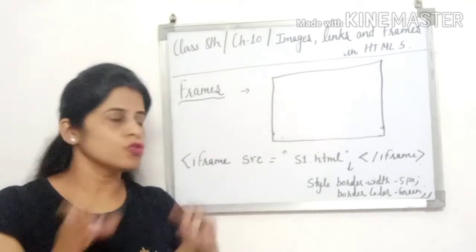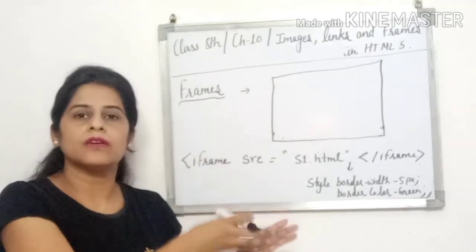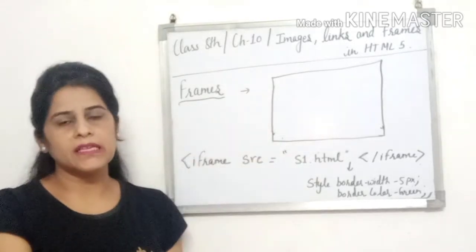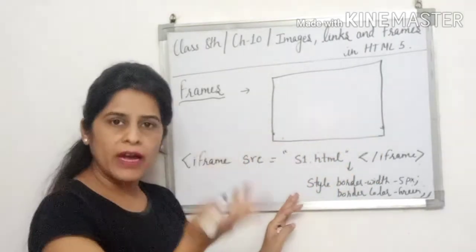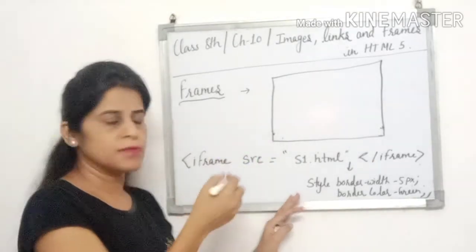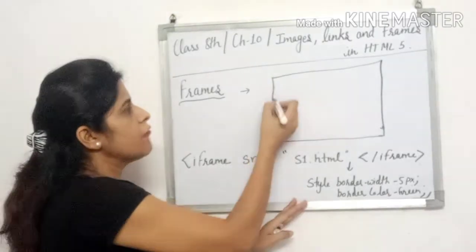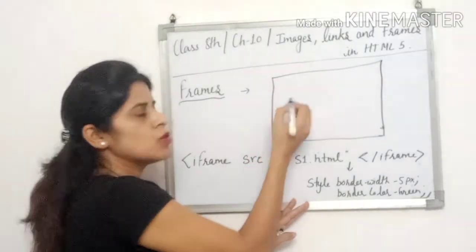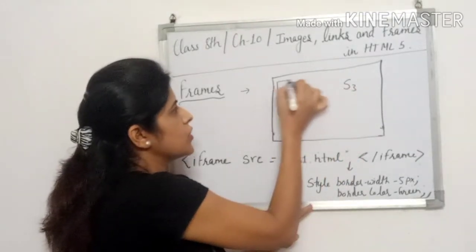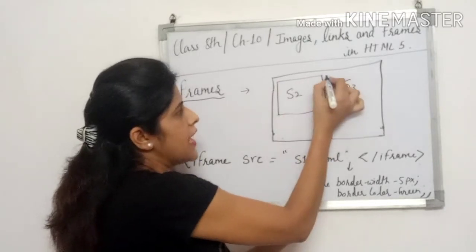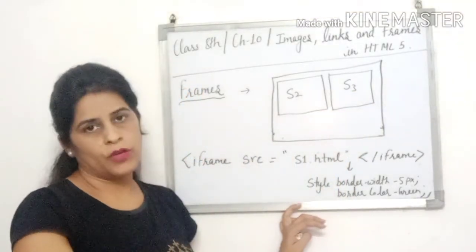हम हर वेब पेज को जो हम इसमें इंसर्ट करना चाहते हैं उसको एक फ्रेम एरिया दे देंगे, और उस फ्रेम के अंदर उस एरिया में जाके वो वेब पेज इंसर्ट हो जाएगा. For example, this is your web page and I am inserting 2 files which I have made. हमने S2 और S3 फाइल्स बनाई थी. सपोज मैं S2 और S3 फाइल्स यहाँ इंसर्ट करना चाहती हूँ. तो इस वेब पेज के अंदर S2 और S3 को इंसर्ट करना है, लेकिन ये कहाँ इंसर्ट होगी, मुझे उसको एक फ्रेम देना पड़ेगा. ऐसे ही S3 को भी एक फ्रेम देना पड़ेगा, और उसकी हाइट एंड विड्थ वी हैव टू मेंशन.